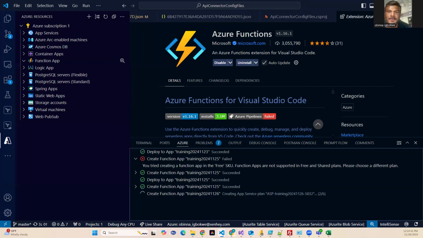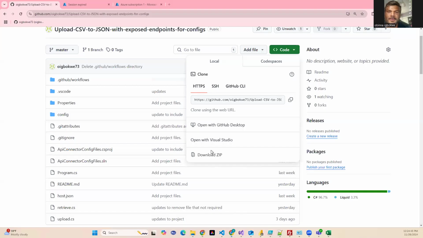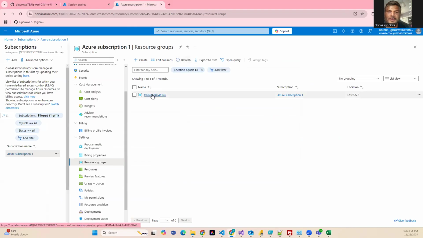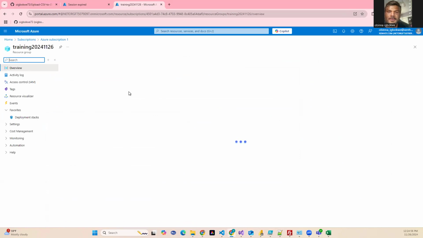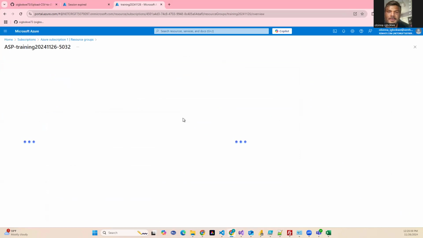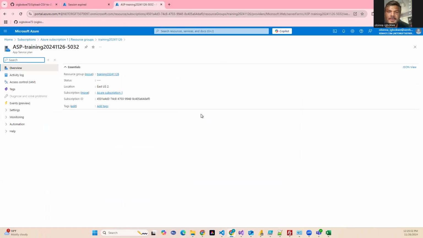So we go back to our site. We go back to portal.azure.com and we switch over here. And if you do one or two refreshes, you can see that we already have the new resource group that's been provisioned inside of here. And then if you drill into that resource, you will see that we have an app service plan. And in the app service plan, we have